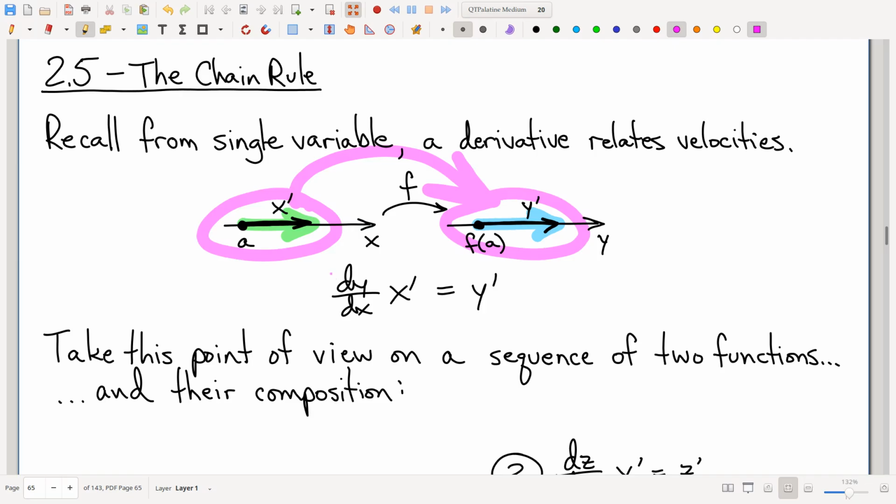Said differently, a single variable derivative is a factor. A single variable derivative, as I'm viewing it here, is the factor that you multiply by the green velocity to get the blue velocity. Among many other points of view you could take, this is the one that I want to use here. Okay, all right, so with that in mind,